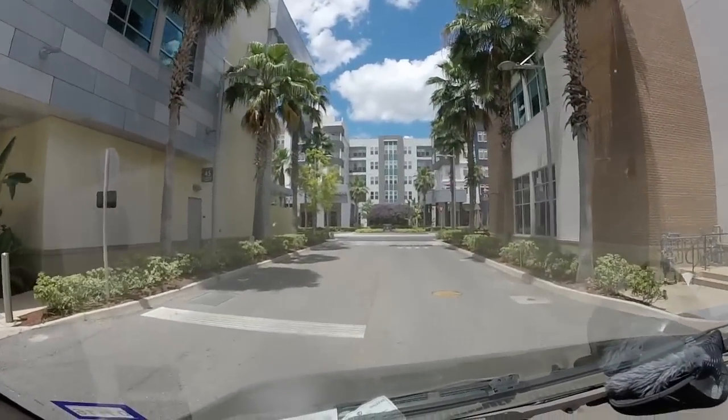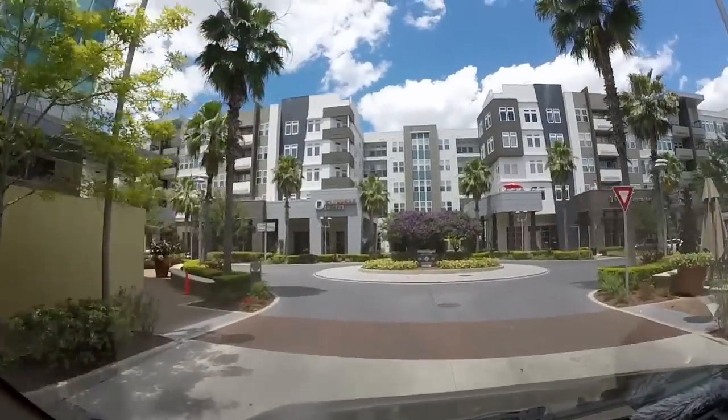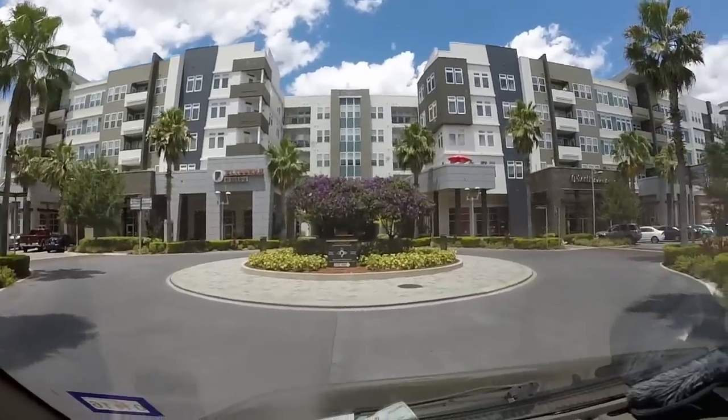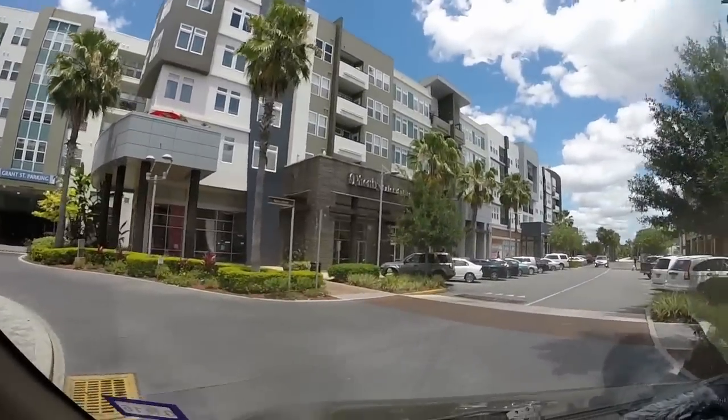Hello everybody. It's a beautiful day here in sunny Orlando, and I am heading over to the Orlando Brewing Company for a tour. What's really cool about this tour is it's free. I hope it's as cool as some of the ones that you end up having to pay for, but I'm kind of excited. I'm hoping that there's some different types of beers. I really do like microbrews, so I'm hoping there's some new amber ales or lagers or something that I'll